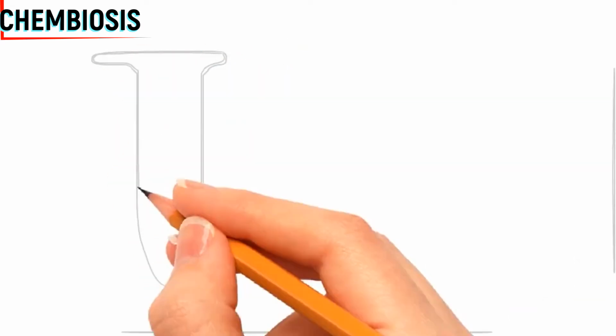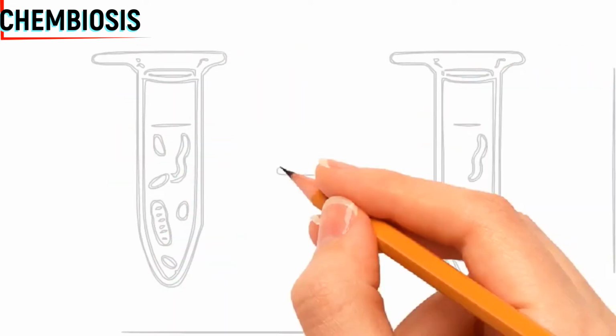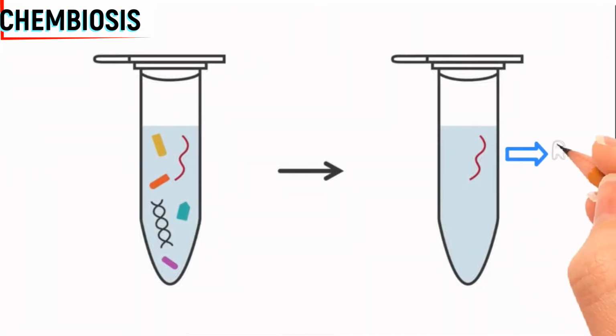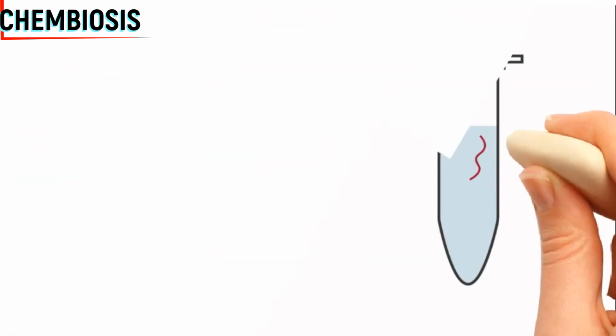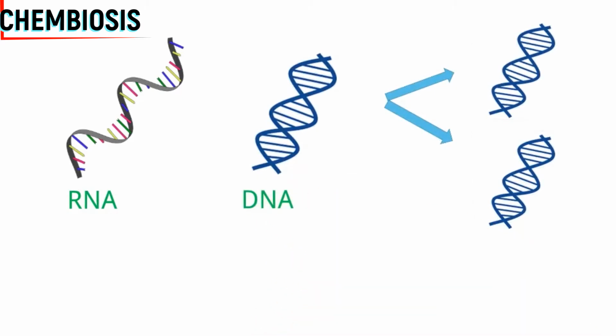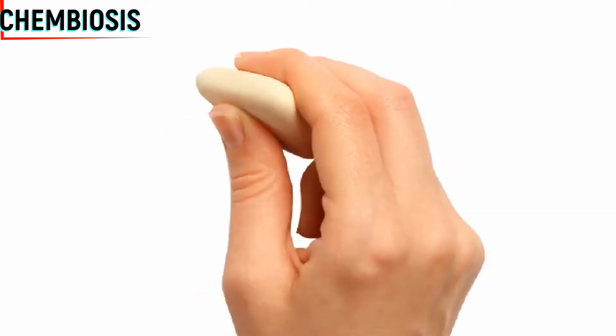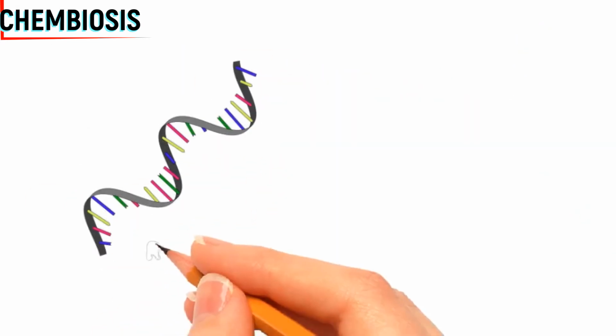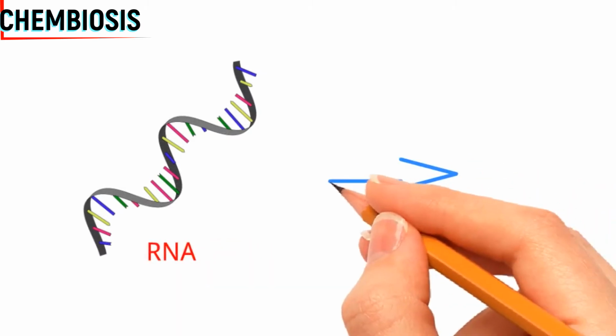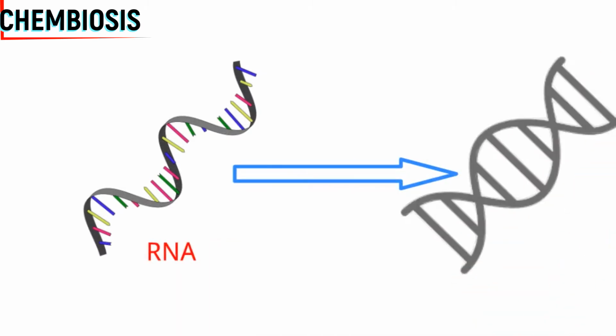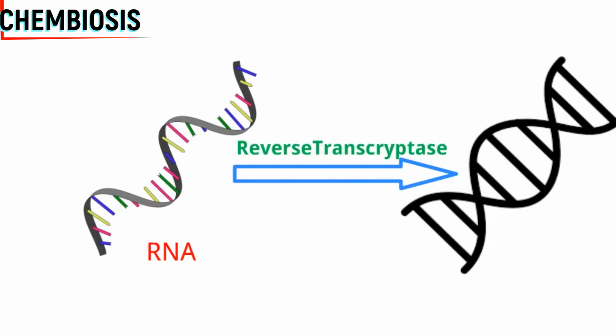In this test, a special process is used to separate out all the RNAs present in the sample specimen. It is very difficult to quantify RNA. However, it is much easier to multiply and detect DNA. This process of multiplication of DNA is called polymerase chain reaction or PCR. This PCR process does not work on RNA. So before the test, all the viral RNAs are converted into DNA using a special type of enzyme known as reverse transcriptase.